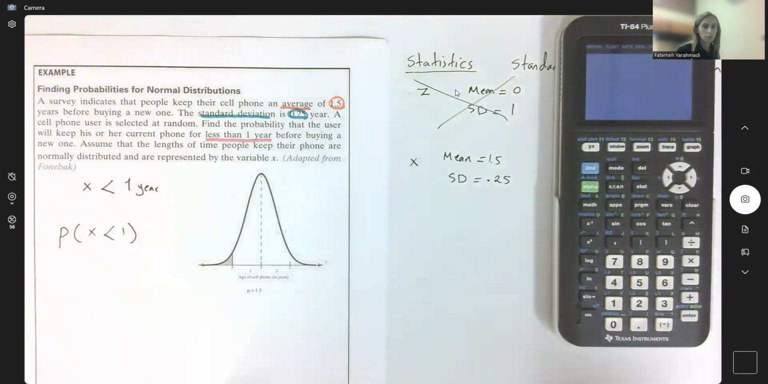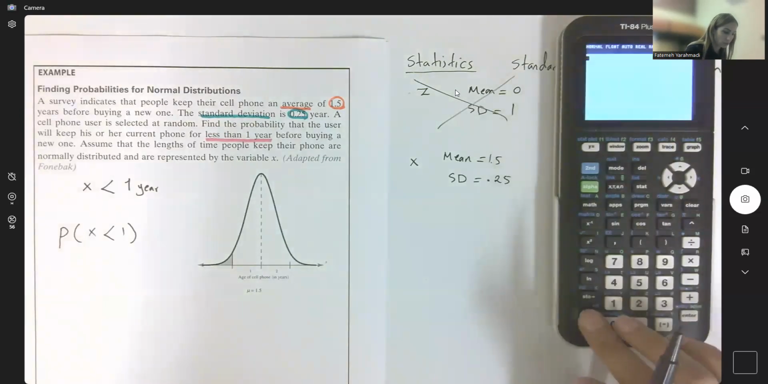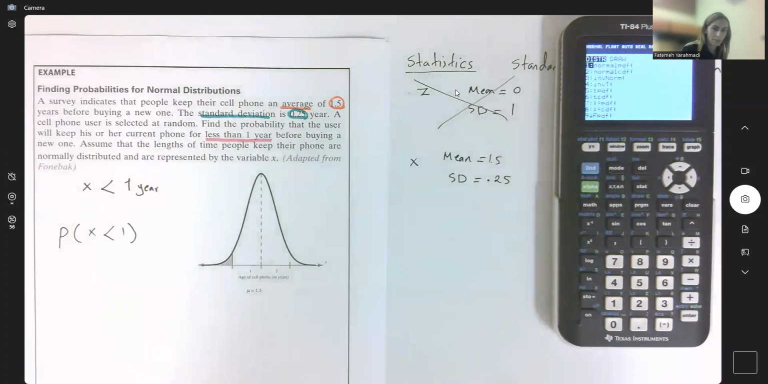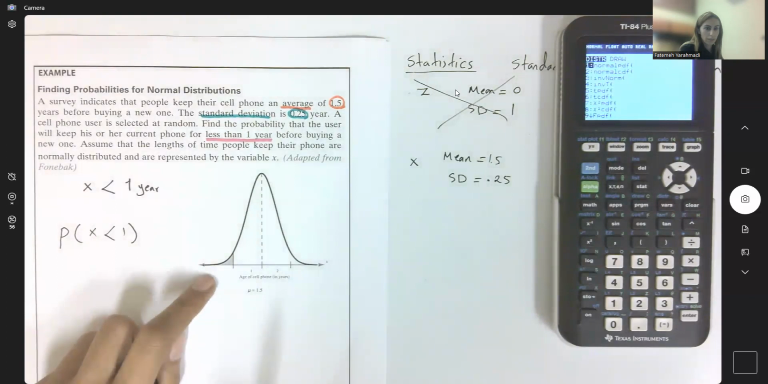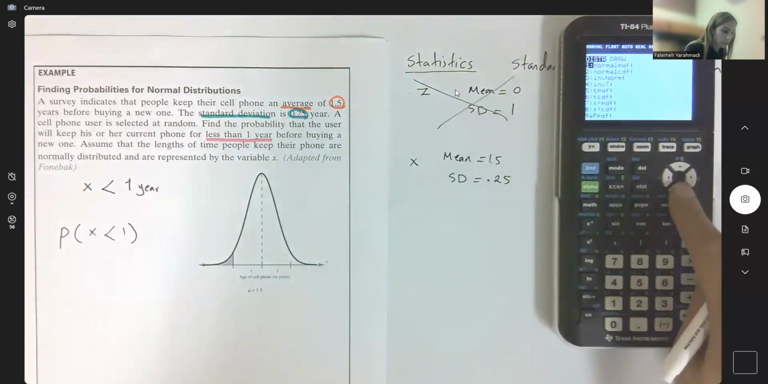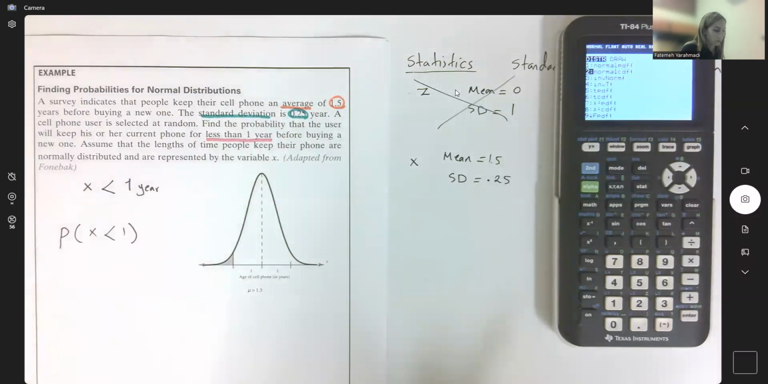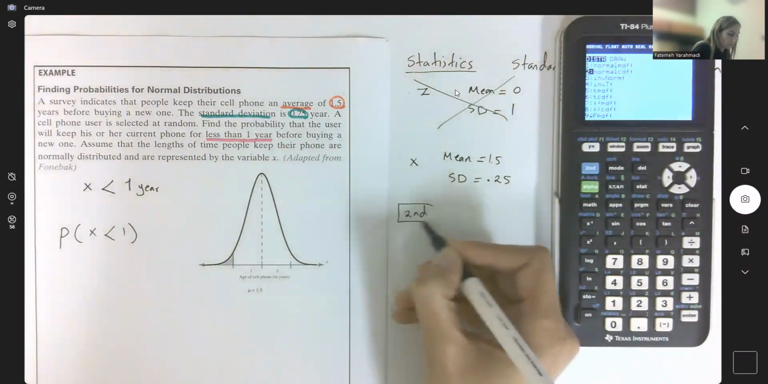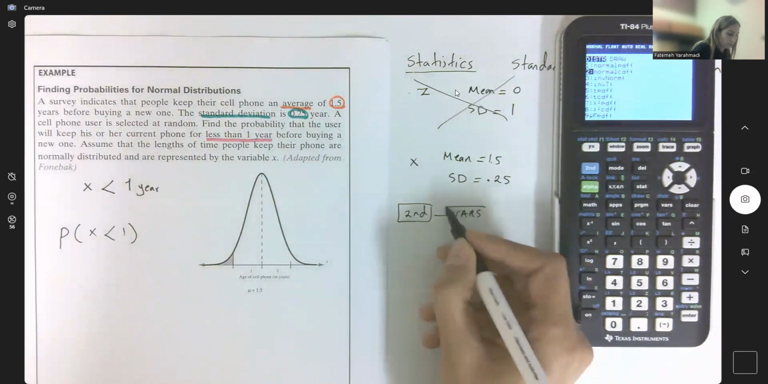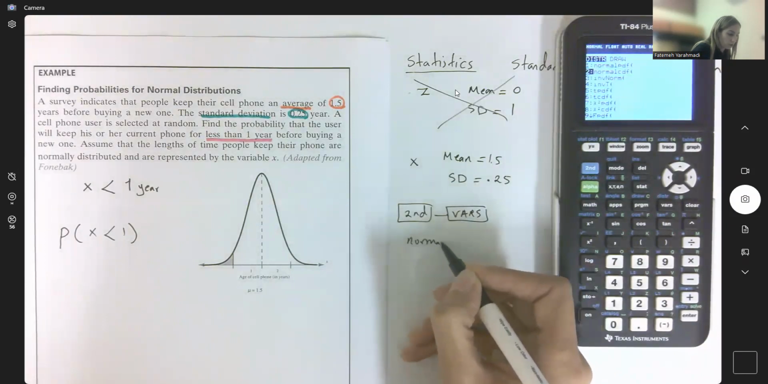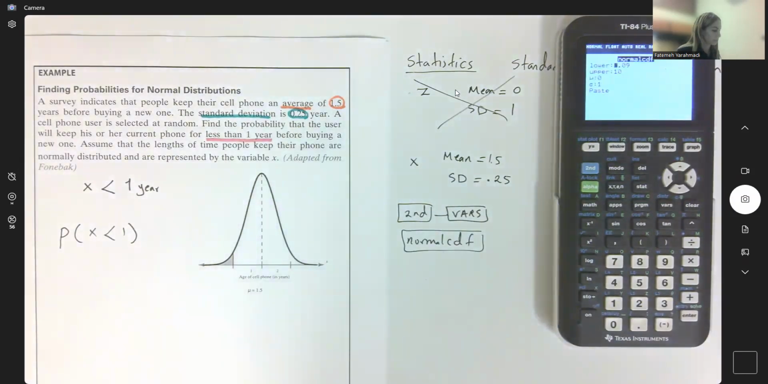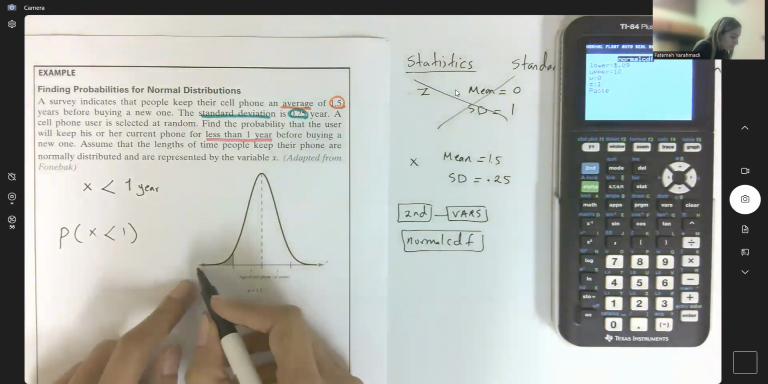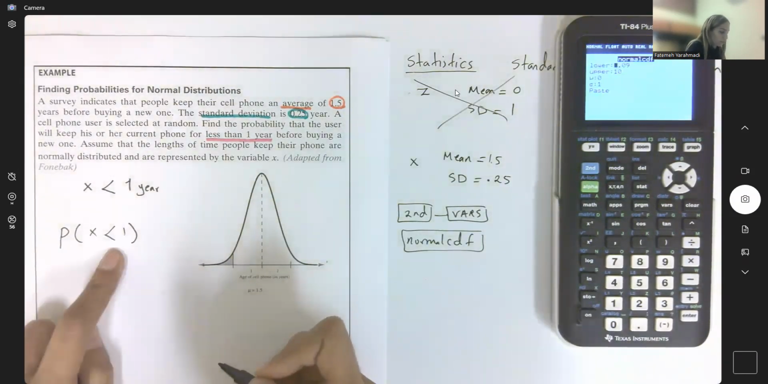So as usual, we're going to use our calculator, right? In using our calculator, we're going to turn on the calculator, second vars, and this is a normal distribution, and we are finding the cumulative area, the cumulative probability. We're going to go to normal CDF. So second and vars and normal CDF. Very good. In the normal CDF, as you mentioned, since we are finding the area to the left side of 1,